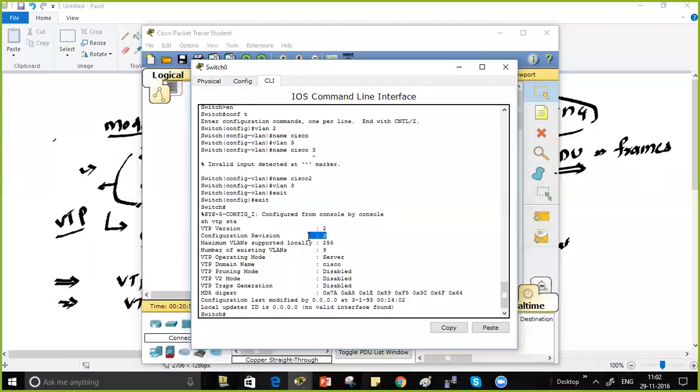After I configure VLANs and names, the revision number changed, right? From 0 to 2. By default, the revision number is 0. Whenever you make changes in VLAN,